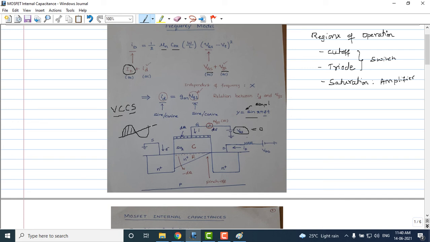But to have a good amplification, in order to restore both positive cycle and negative cycle, we must turn on the transistor even for the negative cycle also. How do we do that? It's done by having some DC gate to source voltage. So this gate to source voltage should not be made 0. It must be some positive voltage here. Along with this voltage, there is an AC signal here. So this AC signal is frequency dependent here.